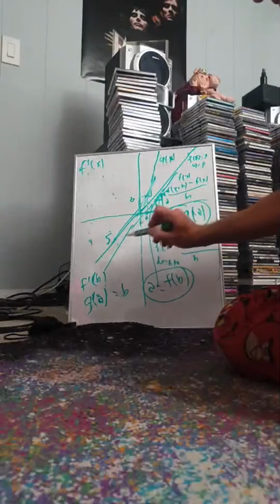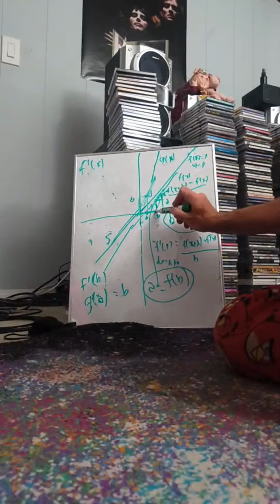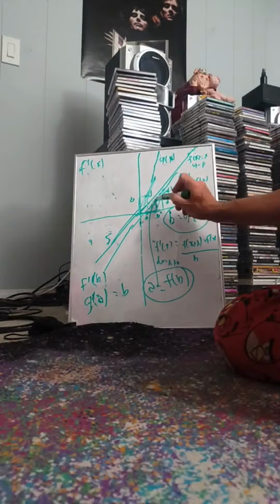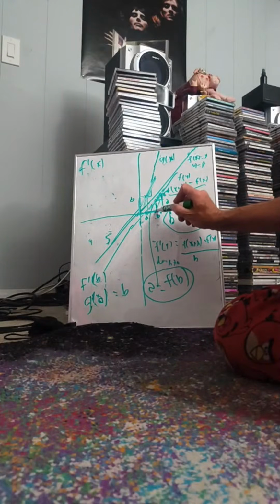Right now x is b, but that's just one point. f prime of x equals this slope. But this x is b,